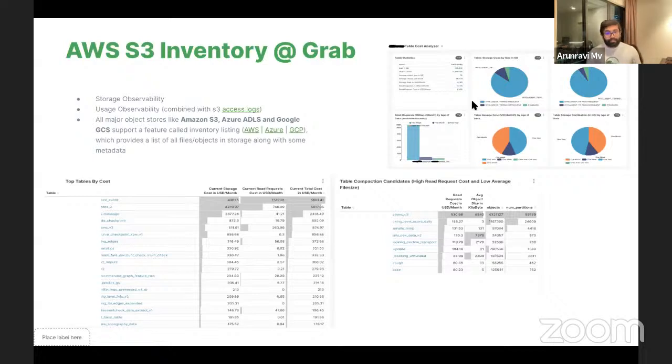So this is how we set up. And then we have these beautiful dashboards to nudge users to either do compaction or optimize, right? Or sometimes even change the query that they are writing. To build these inventory dashboards and insights, we use obviously the inventory reports from AWS, and then we use access logs. So to process access logs, we use